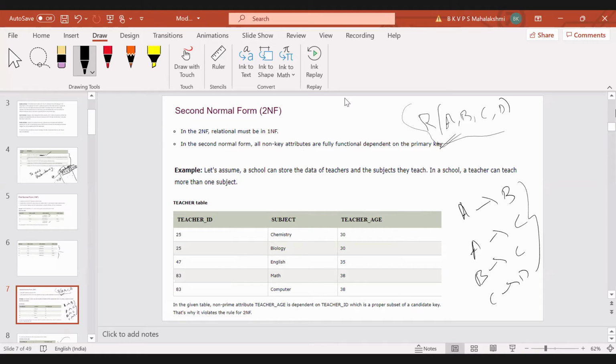Using the attribute closure, we can identify whether a particular attribute is primary or not, so that we know which one is the prime attribute. As per that we can identify whether each and every functional dependency satisfies the second normal form or not. In that way we can check. Let us see how to check the attribute closures. This is a functional dependency because A is a determinant and B is dependent, since A derives B.